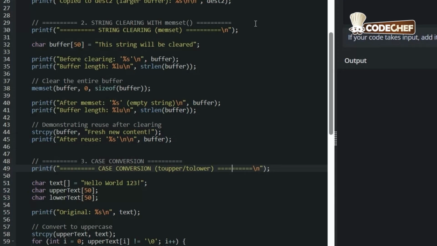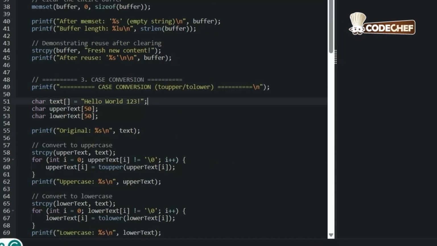The next concept is case conversion. Here we start with the print section header and then we create original text and buffers for conversion with the first 3 lines, and then we display the original text using printf. Now we copy text to upper text and loop through each character until the null terminator. The toupper here converts each character to uppercase, leaving numbers and symbols unchanged, and with the printf statement we display the uppercase version. Then we do the same process but with tolower for